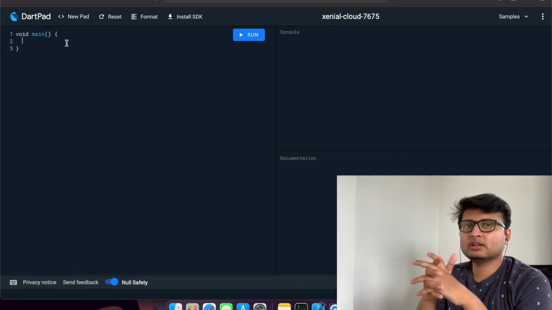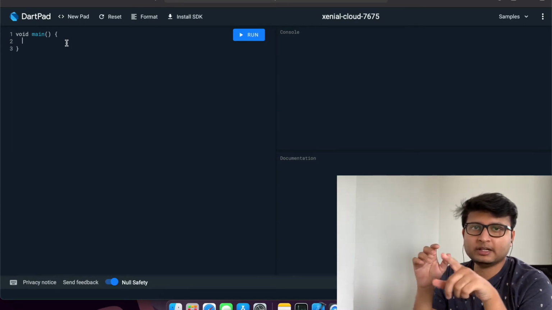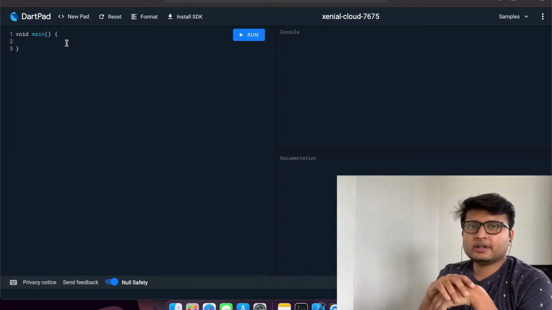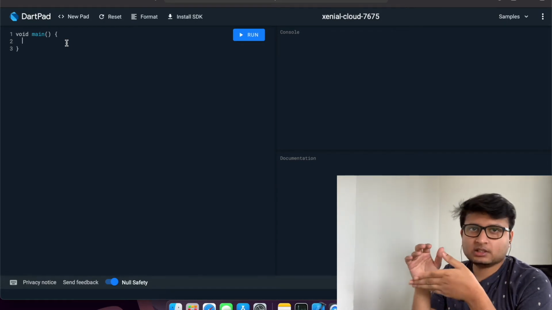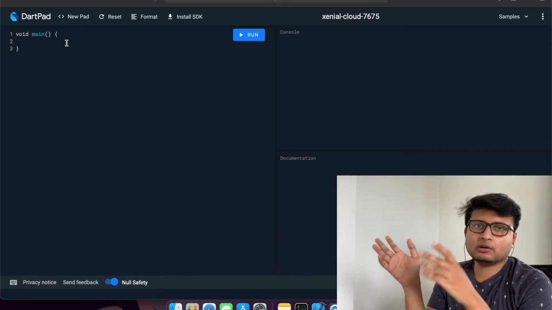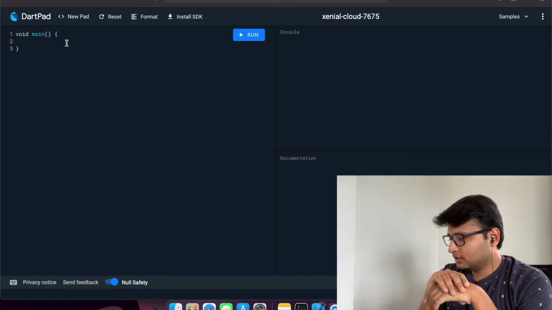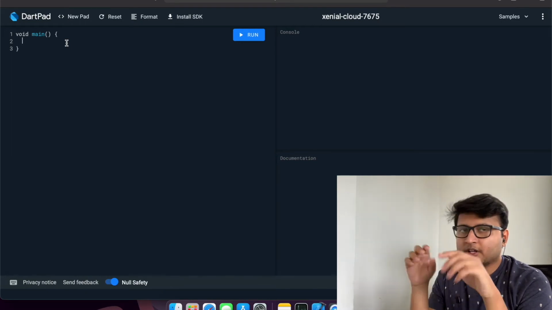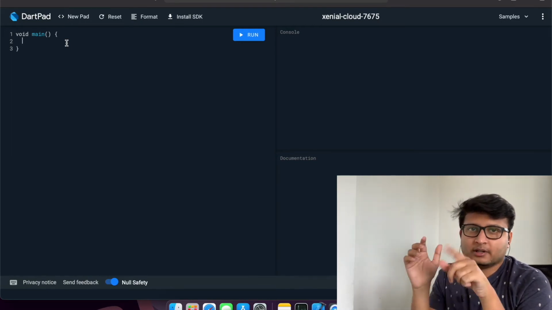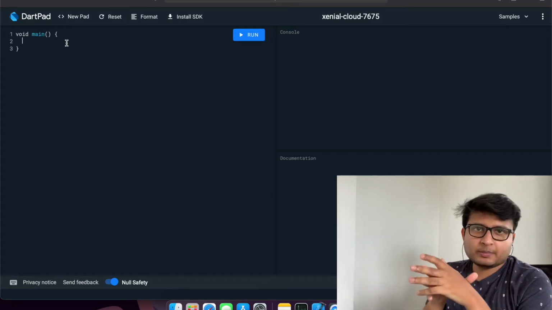So similarly, we have the subtraction operator, the minus operator, and we have the multiplication operator. For division, we have the slash symbol, which we use to divide one operand by another operand. Then we have the remainder, modulo operator. Then we have the equal to, double equal to operator. We have the double question mark operator, like that. So we are going to see all the types of operators in this video.